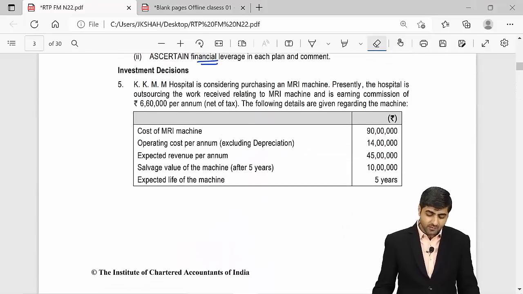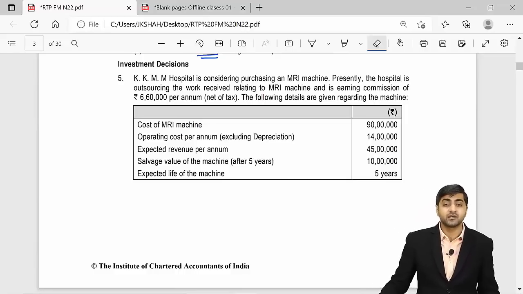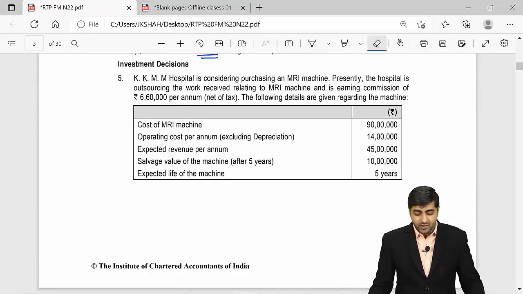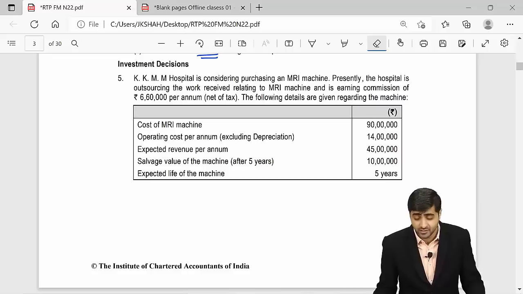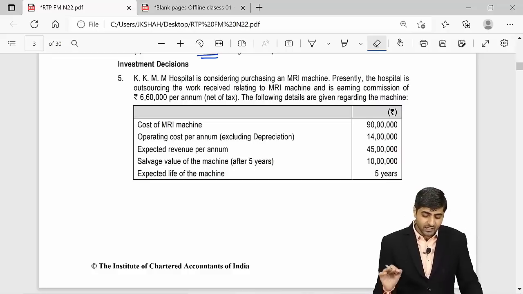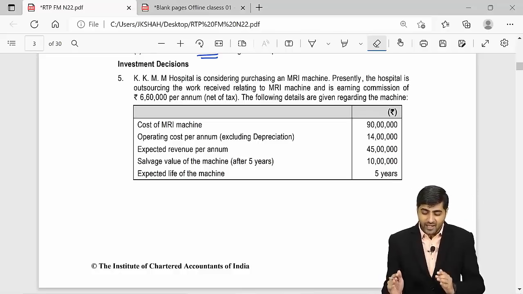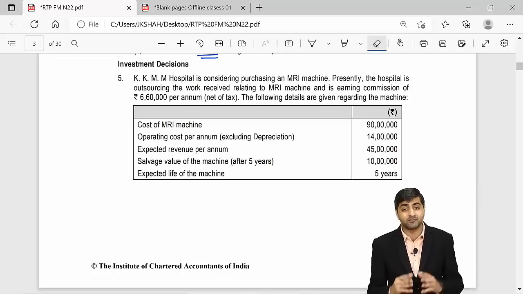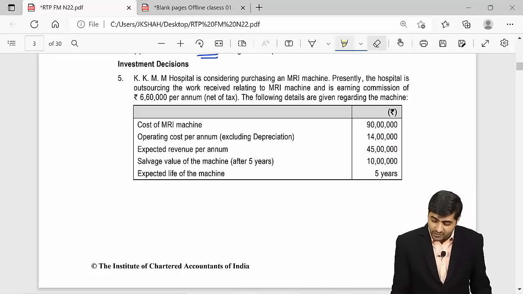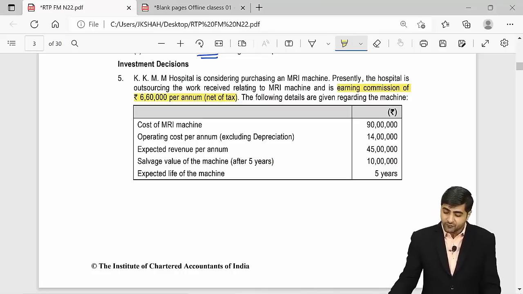Now this is your question number 5 regarding your investment decisions or capital budgeting. Now what is given to you? KKMM Hospital is considering purchasing an MRI machine, and presently the hospital is outsourcing the work relating to the MRI machine and is earning some commission income of rupees 6,60,000 per annum, which is net of tax. So currently you are earning a commission income of rupees 6,60,000 per annum post taxes, and the following details are